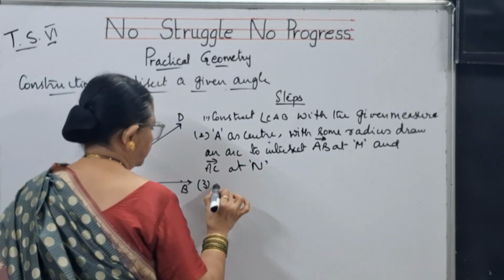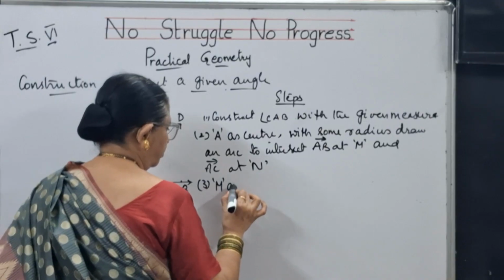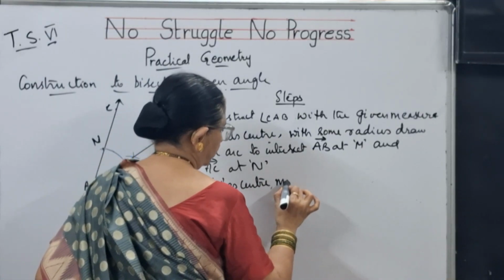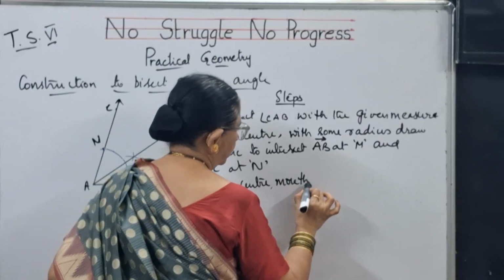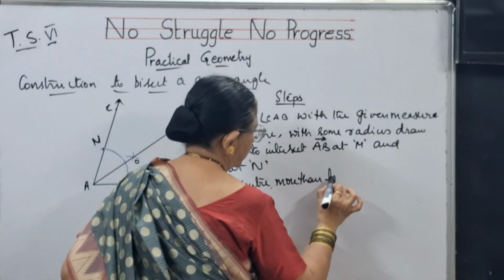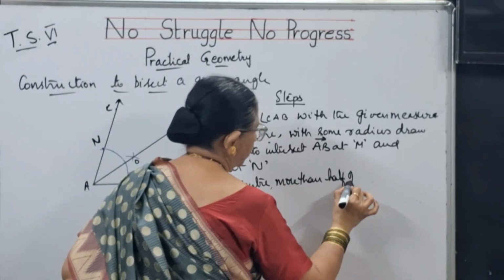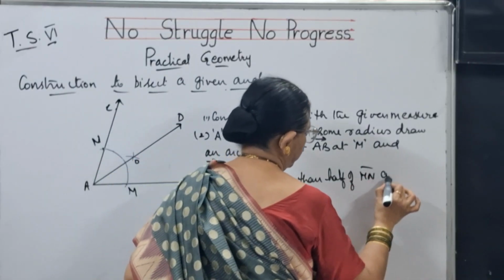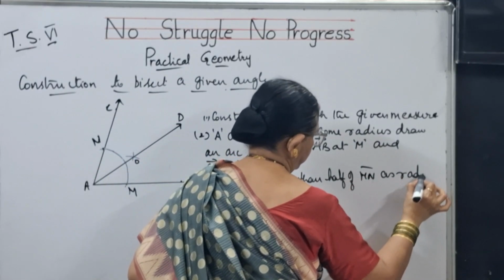Third point, M as a center, more than half of MN as radius,